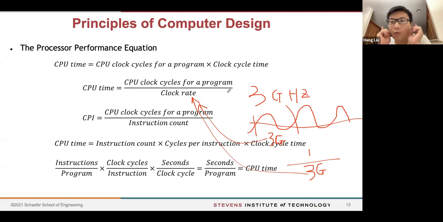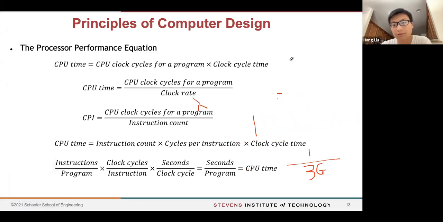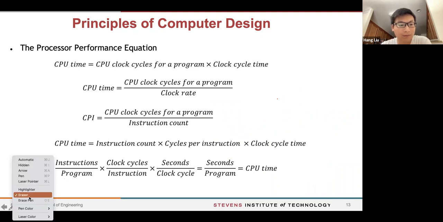So let's say if you have a 1 gigahertz processor, that means one clock cycle is 1 nanosecond. So that's why, typically, if you have a higher frequency, it means you have a faster CPU, assuming you take the same number of cycles, right? Okay, with this in mind,